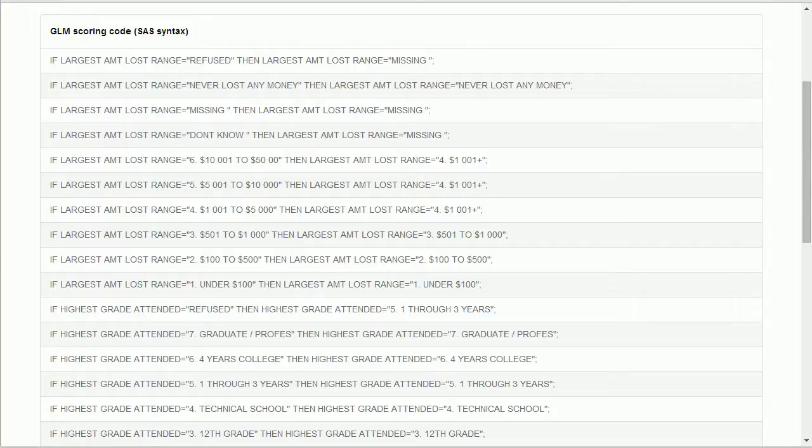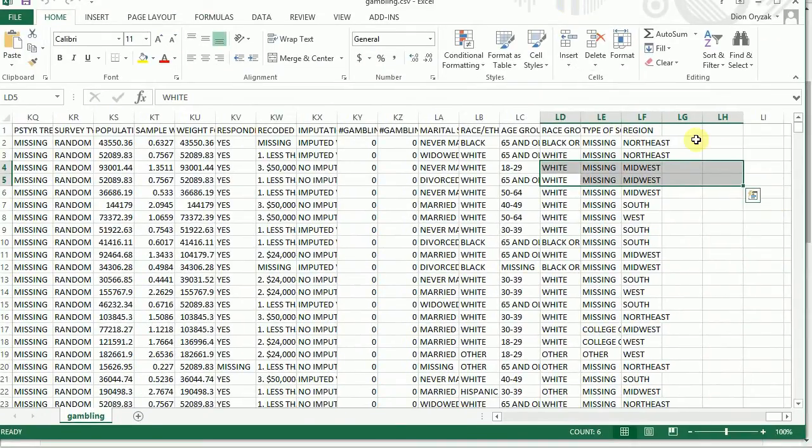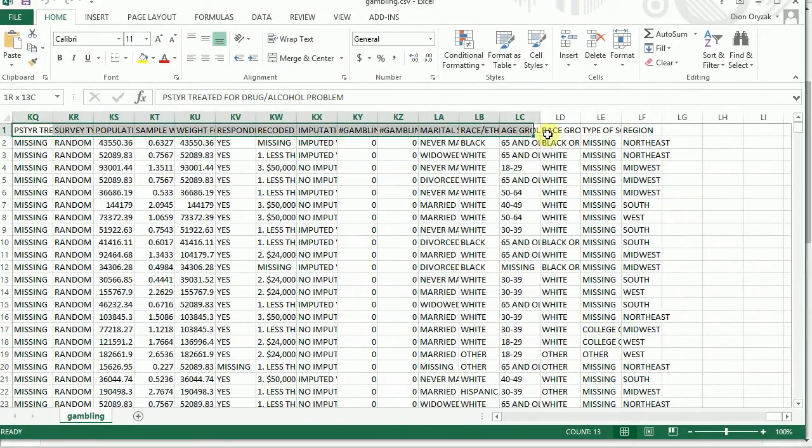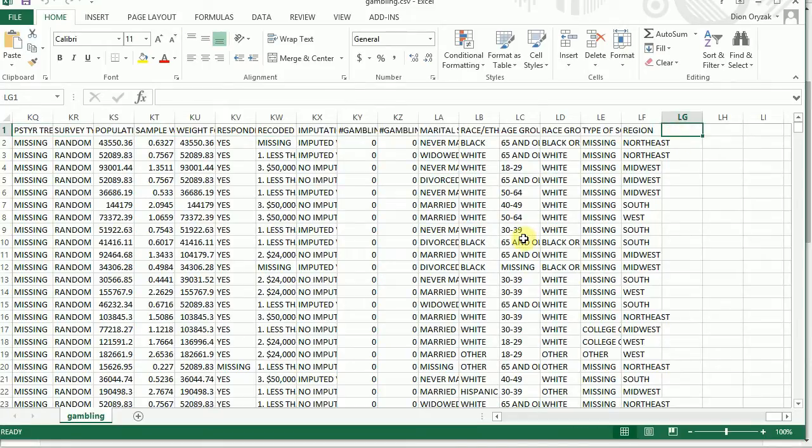Now, what does it mean when we say to score each observation or each record or each case? It means coming back to the original data that we uploaded. Imagine there was an extra column appended here called scored value or modeled value. The code that we just briefly looked at a second ago and that we'll go through in a bit more detail in a second would basically append onto each of the records here a scored value, like 1.2, 0.4, 3.6, and so on, which is the modeled gambling addiction score based on the characteristics for any individual record